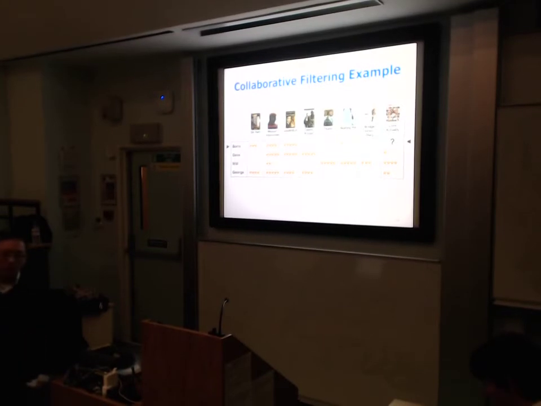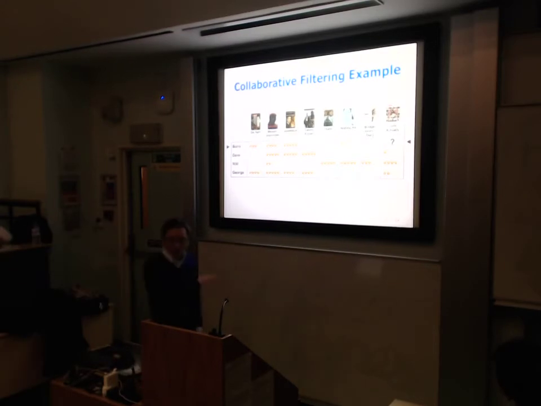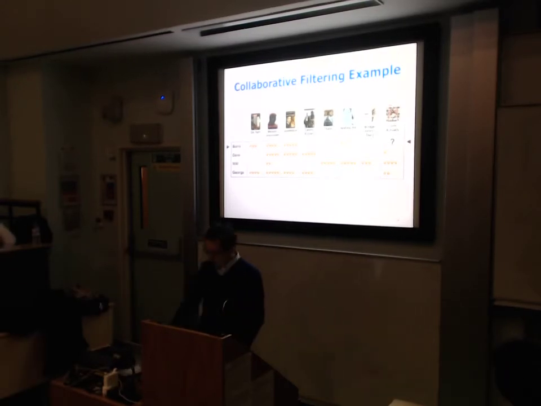So instead of calculating similarity between users, you can also calculate similarity between items, right? If you calculate similarity between items, perhaps Notting Hill is quite similar to Love Actually. Therefore, you can make some predictions. Okay, so the point here is what you can do is